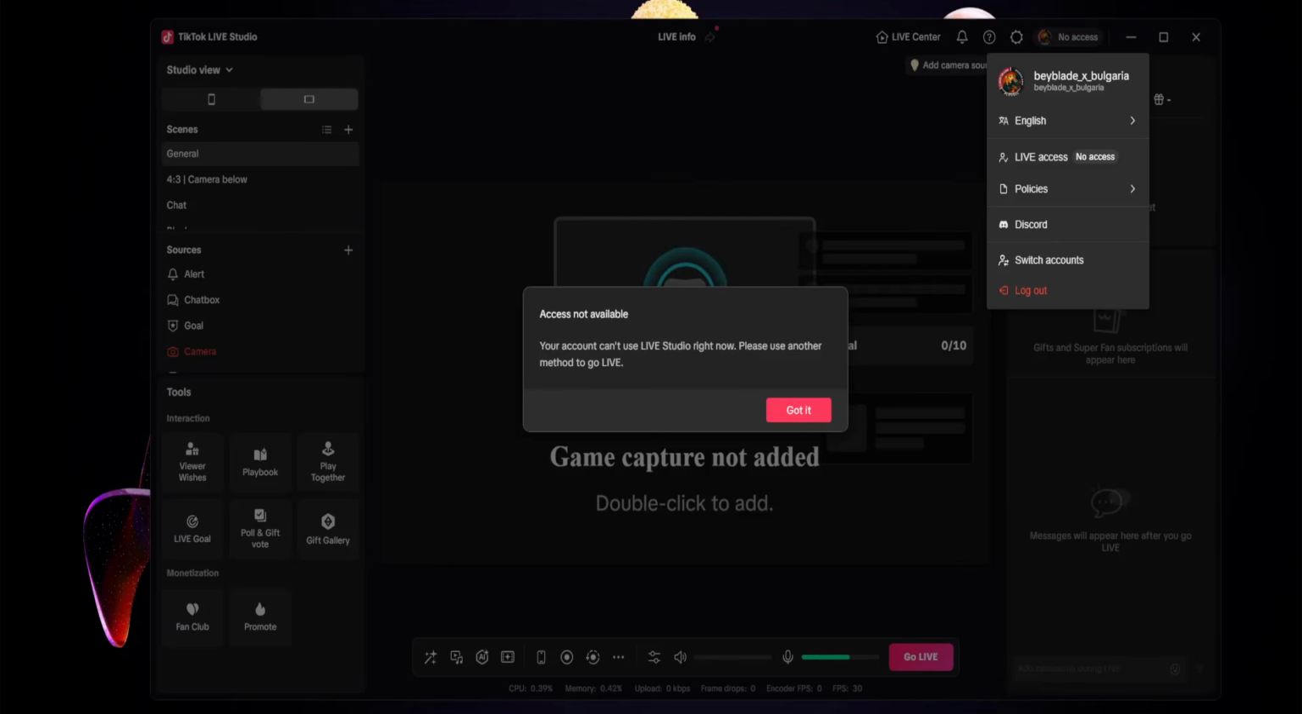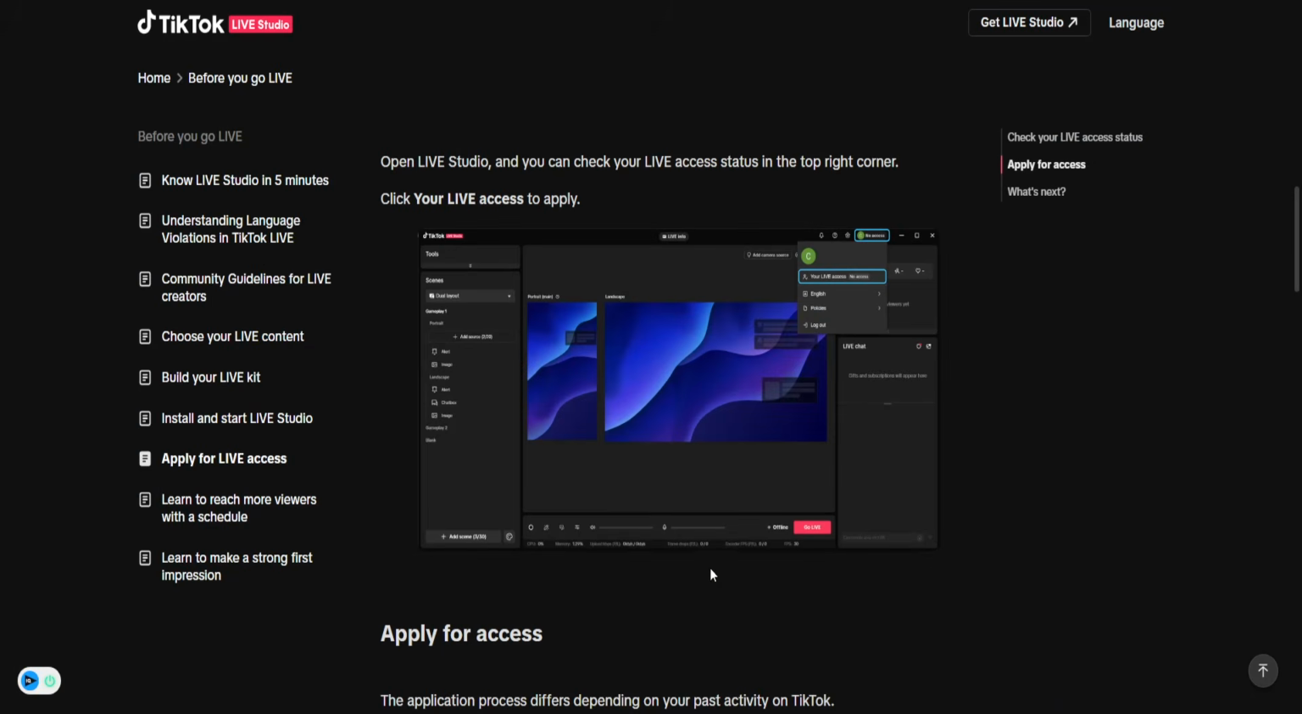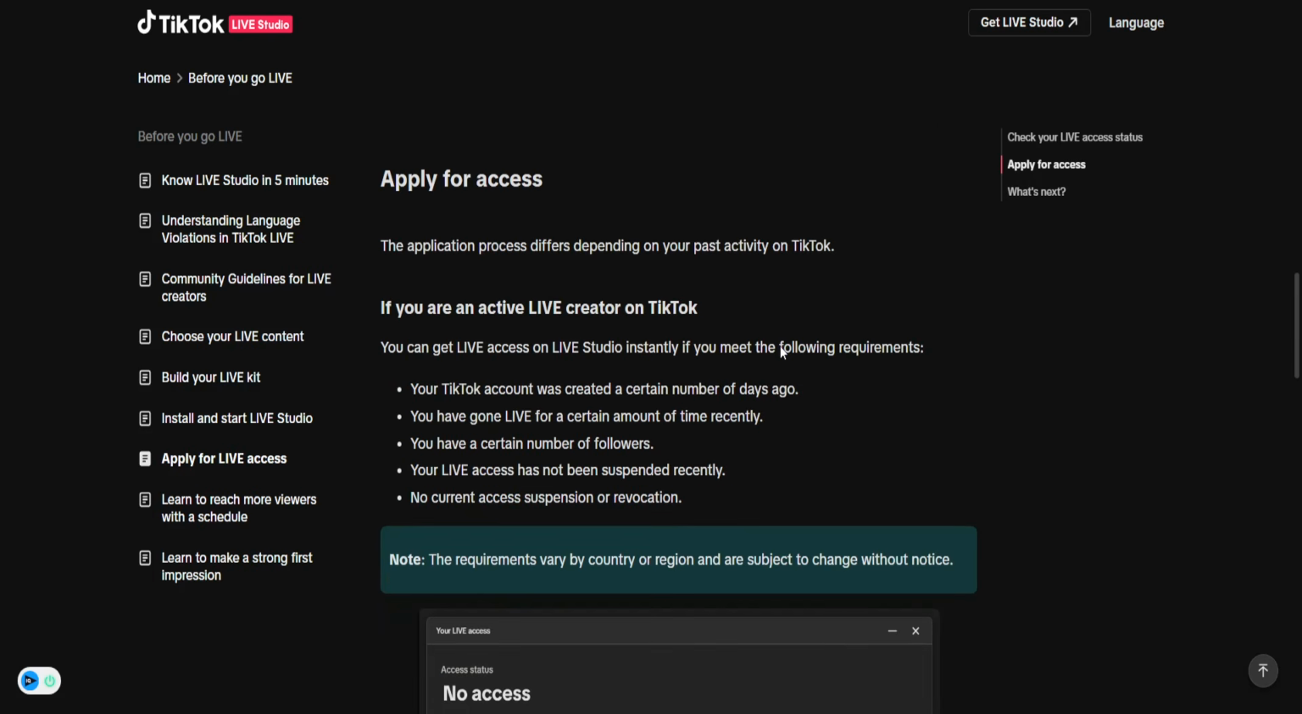How to fix no access on TikTok Live Studio PC. So if you get this error message, then it means that you probably don't meet the criteria in order to stream. So how can you fix this? We're gonna go to this website, and it's basically gonna tell us that your account needs to have a